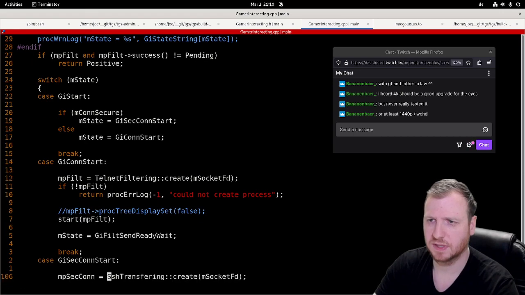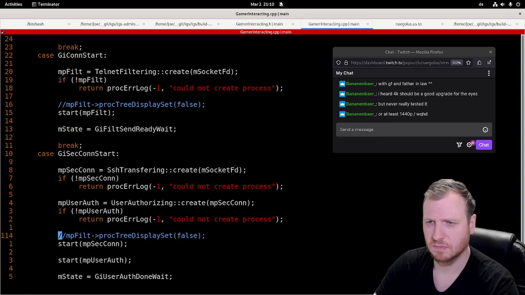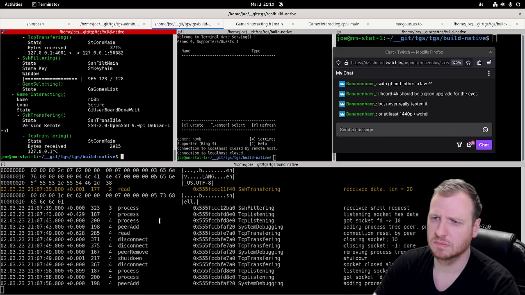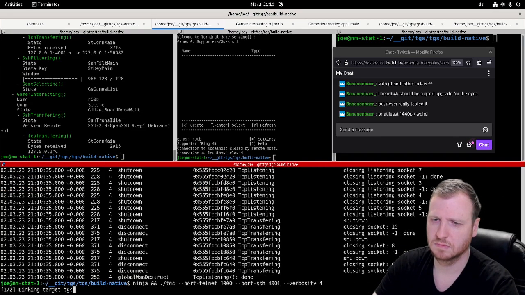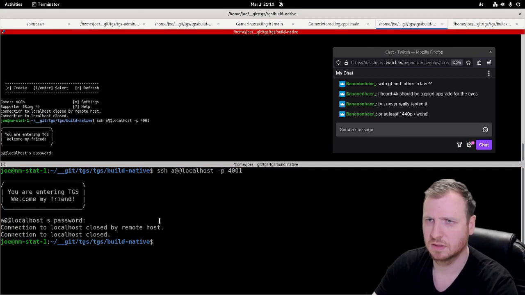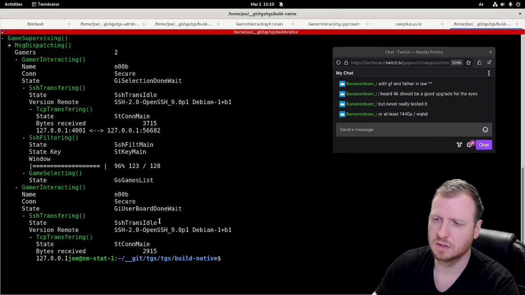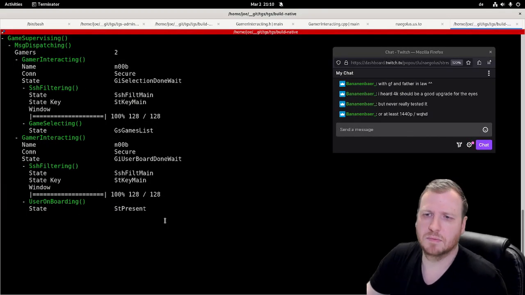SSH transferring, yes, here. We start the process, but first we have the connection set to be not in the process tree. And now we do the same again. Yeah, perfect. And now we can see